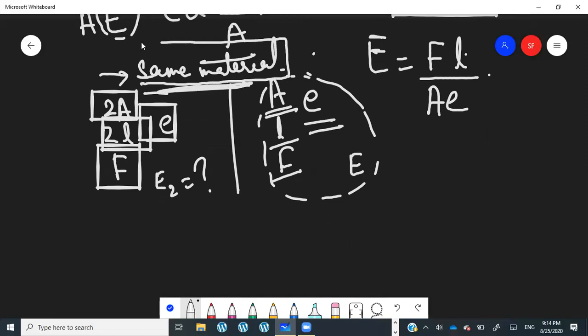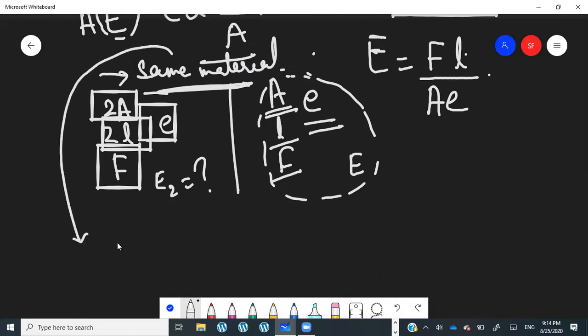What about this thing? Any hint from here? Same material. Didn't I just tell you that Young modulus is material dependent? Right. So it's just like resistivity. Since it's the same material, it won't change. It will stay the same. Yes, definitely. You didn't even need any calculation. As long as the material stays the same, the Young modulus will stay the same, regardless of whatever dimensions of that material are. Get it? Yep.